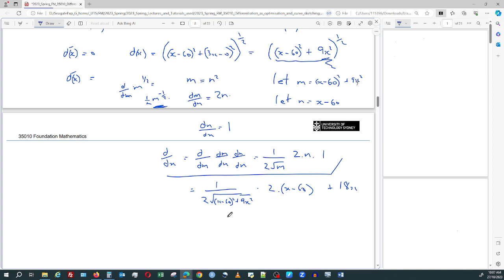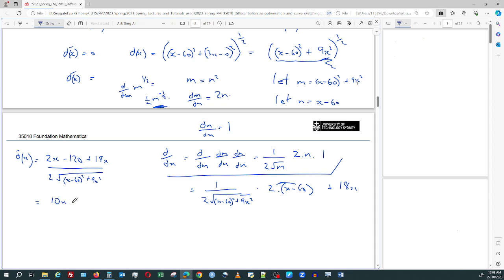Alright, so what we end up with after putting all of that together is a derivative for this one, which is half, I'll just jump in there, x expanded, 2x minus 120 plus 18x on the top, divided by 2 the square root of x minus 60 squared plus 9x squared, it's the long one, which is equal to